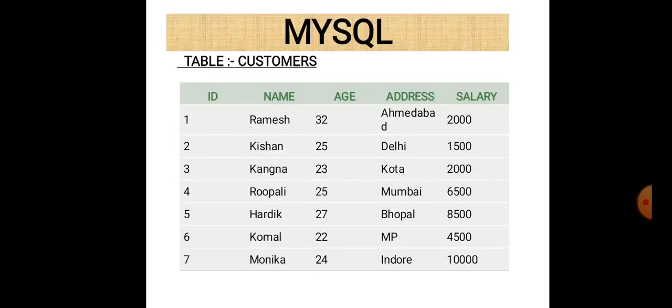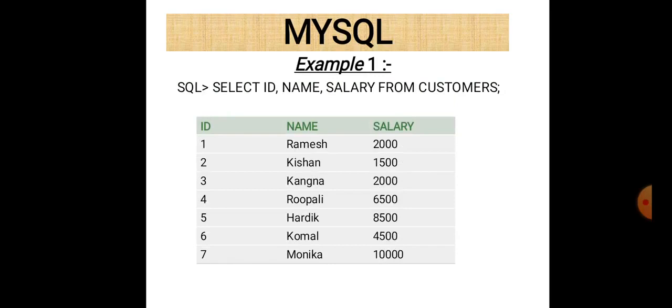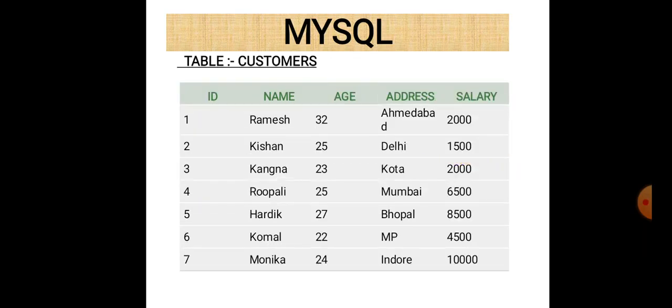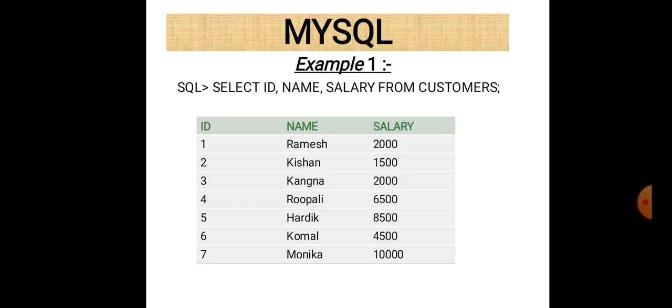Now this is a table, as you can see on the screen, which contains 5 columns: ID, name, age, address, salary. If you write select ID, name, salary from customer, then the answer looks like this. This is the answer displayed on your screen. You can easily see that the original table contains 5 different columns, but here we selected just 3: ID, name, and salary. So information related to 3 columns is visible here, and the rest 2 are not visible because we selected just a particular portion of our table.